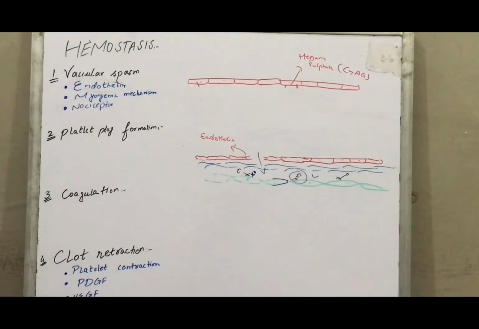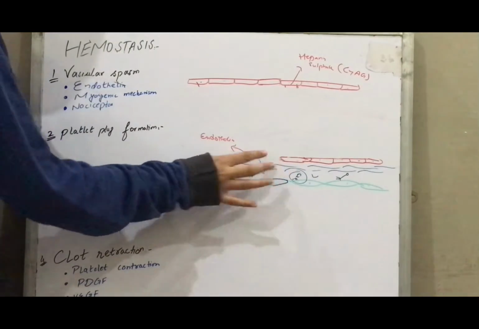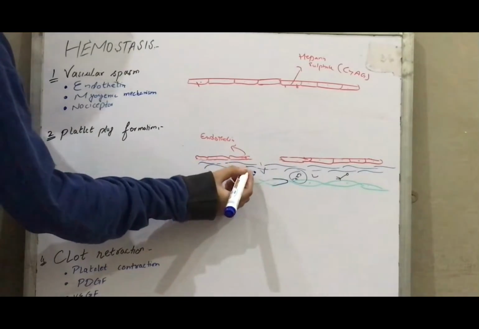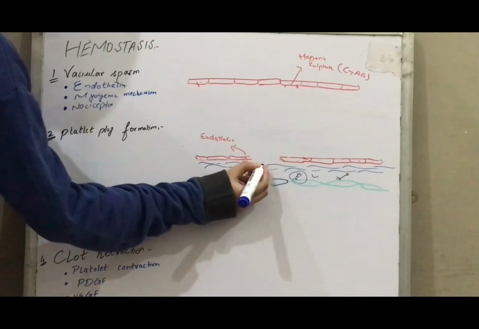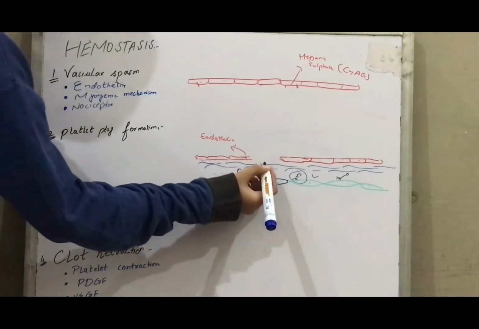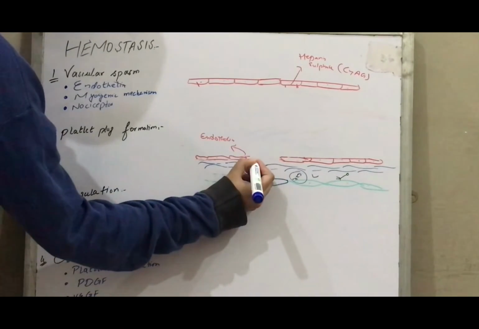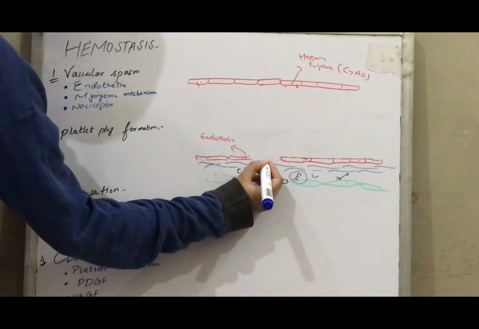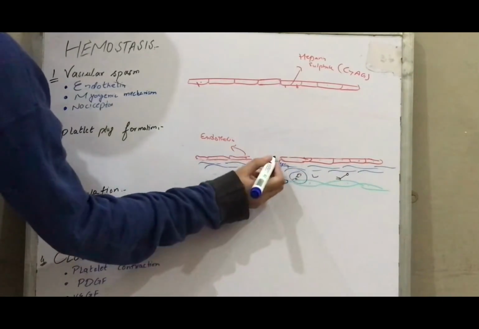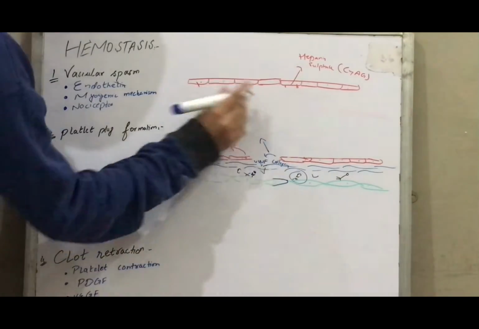Second thing is platelet plug formation. Now, whenever our endothelium is injured, our subendothelium gets exposed. Subendothelium, as we know, has collagen, fibroblasts, and extracellular matrix. Whenever this injury occurs, here is present von Willebrand factor and collagen. Both these things are now exposed to circulation, and in circulation we have